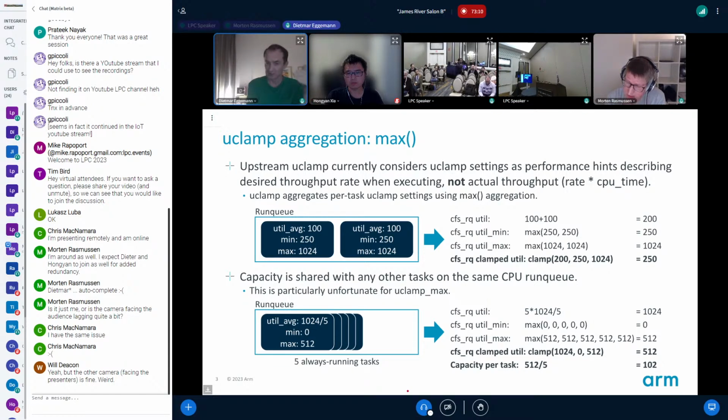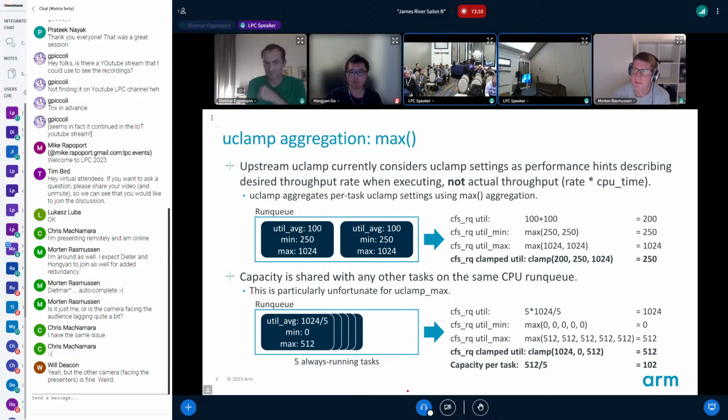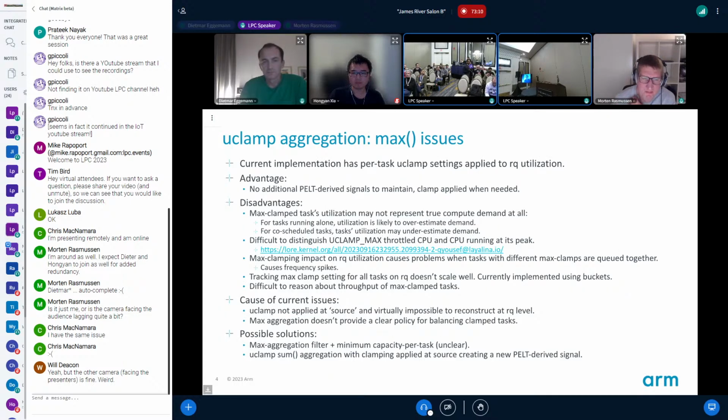We want to argue that we want to get away from the max aggregation towards sum aggregation and just highlight the advantages we will get. Because one thing is clear with the latest patches in find energy efficient CPU, for instance, we let tasks into performance domains which are not able to have a proper or sane energy model calculation because of overutilization. But anyway, summing this up, we want to get rid of max aggregation and go to sum aggregation and explain the advantages here. Maybe we can let you guys continue the slides. And the way I presented it, you can pick and choose which one you want to use.